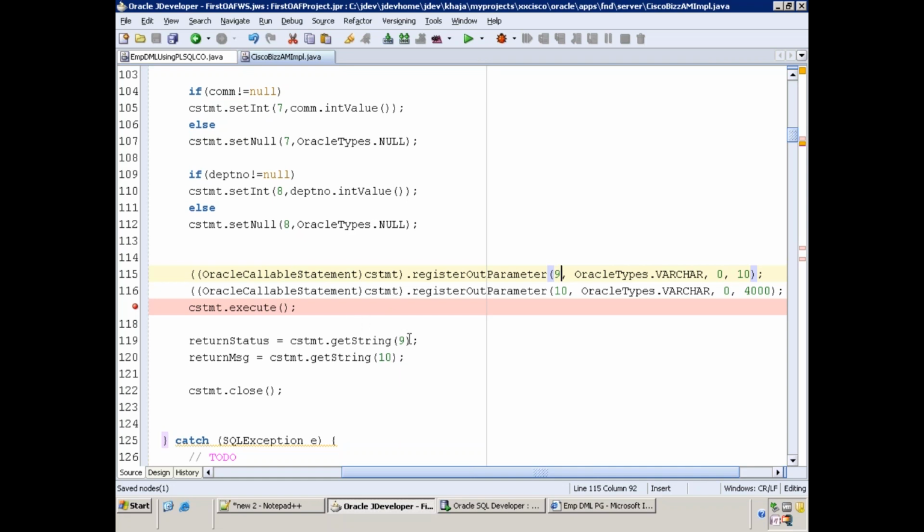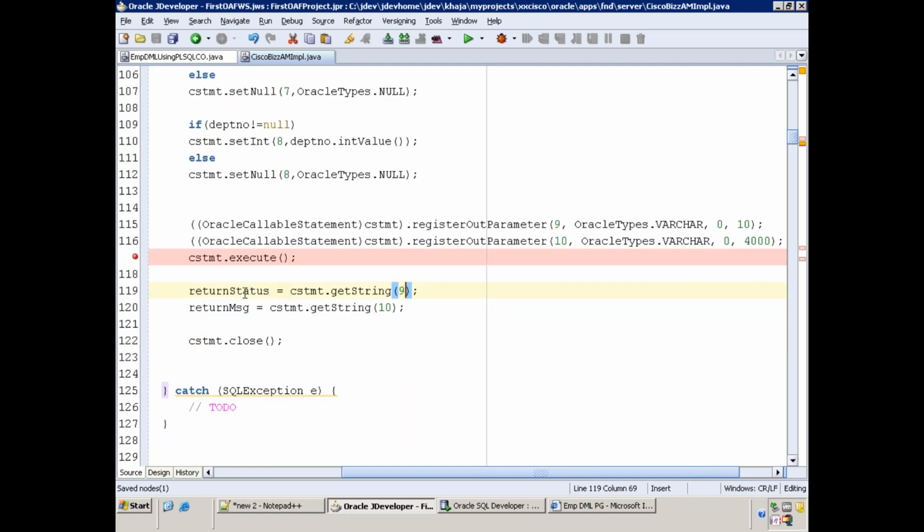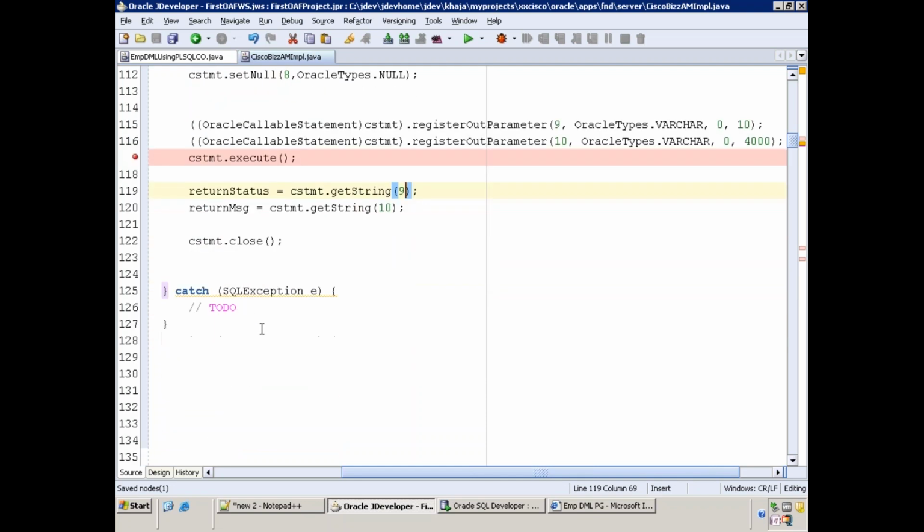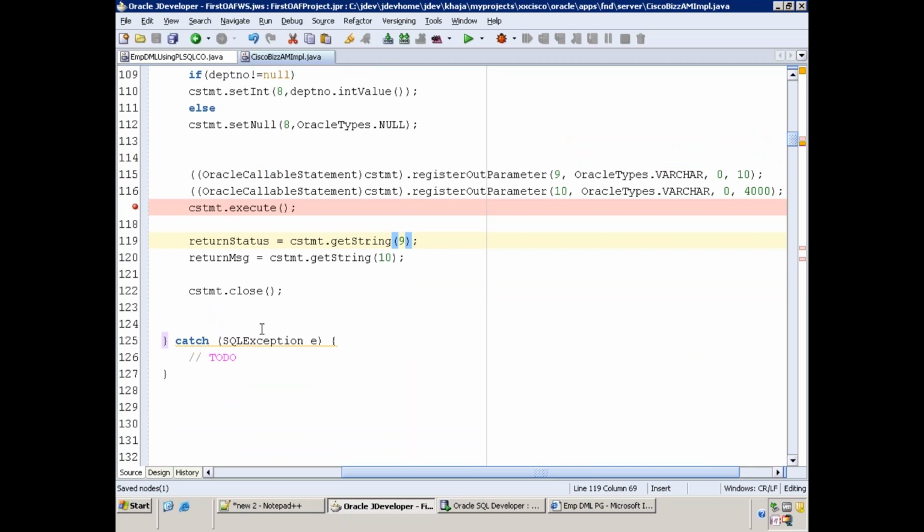Once you call the execute, you can get the output parameter values. So here, like a get string, the 9th parameter is string, so I can get my string here. 10th parameter is also string, I can get the string. And check out the return status as well as message. If they are fine, then you can go on, like it will perform the remaining executions. This particular API we are calling for each record. Nothing but if you want 5 insertions to be performed, this will call 5 times. Because we are calling the insertion for each record level, not the batch level. Okay? So that is how it will be.